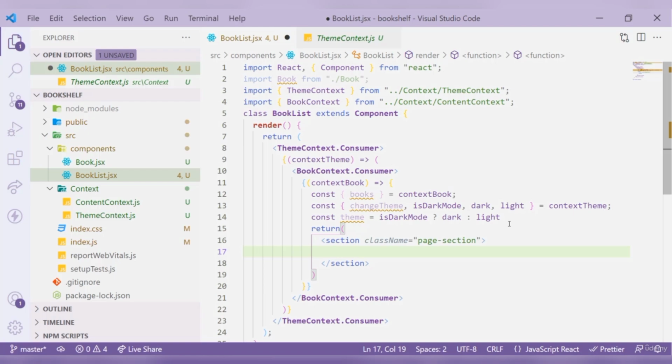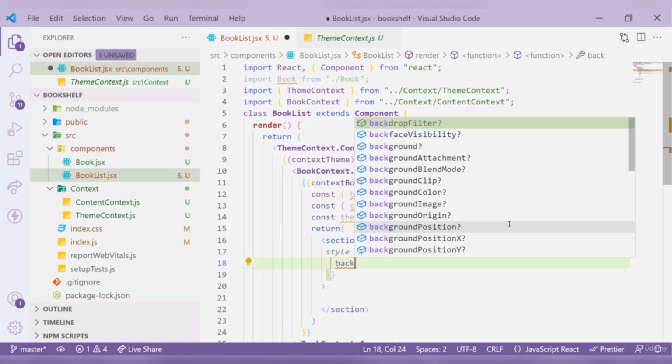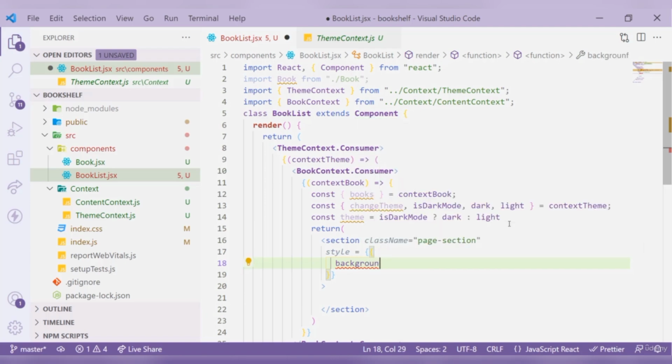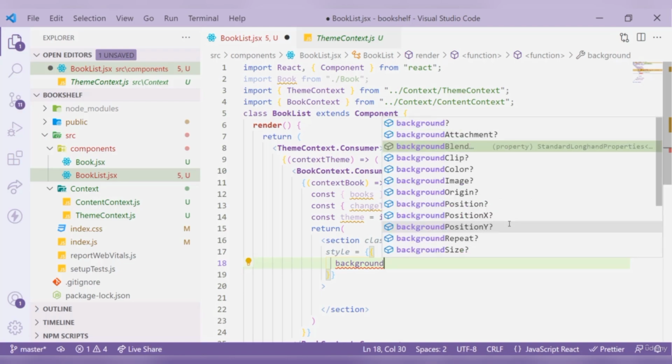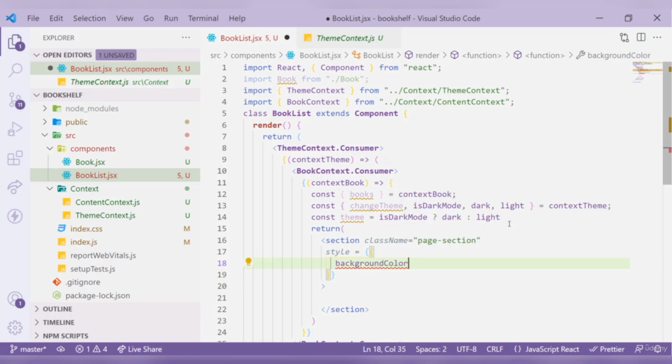Now this section is going to have an inline style, and in React, whenever we need to inline style any tag, we pass it with style, and that is going to be equal to two sets of curly braces nested inside each other. And now let's pass it the properties. Basically they are backgroundColor, so give this a backgroundColor, and the background color that we are using is coming from our theme. So for example, if the theme is dark, then we want the background color to be equal to theme.bg,